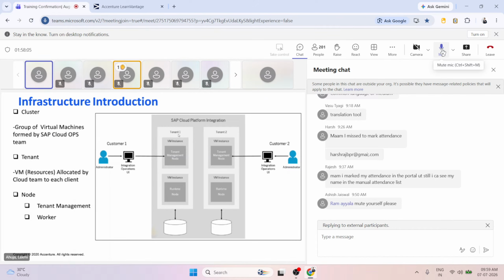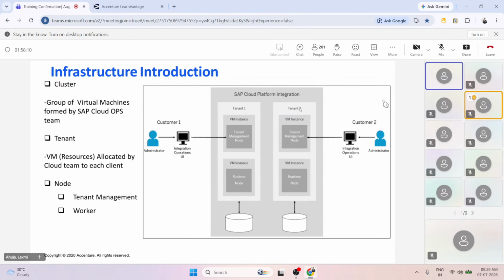So on this whole environment, you have multiple tenants. It can be n number of tenants. It's not mandatory that there are only 2 tenants. It's just a way to depict it. There can be multiple tenants. Now on these multiple tenants, we can have multiple virtual machines. Now on those virtual machines, there will be separation between the management node and the runtime node. So at least one management node will be there, and there can be multiple runtime nodes that are available over here,